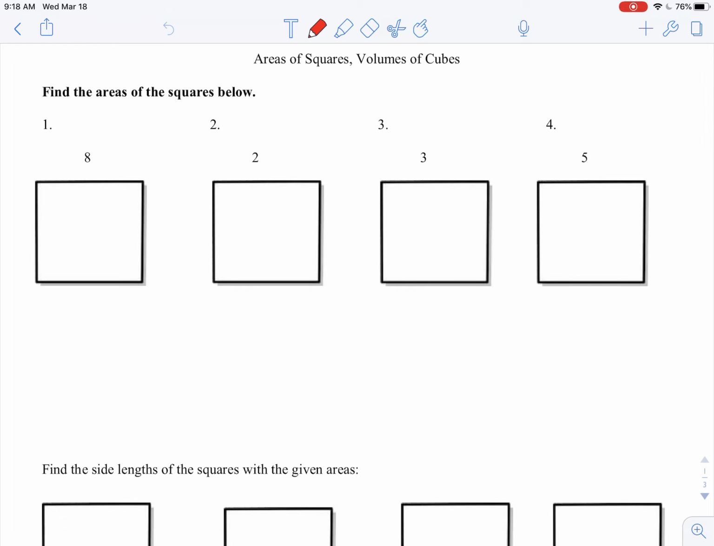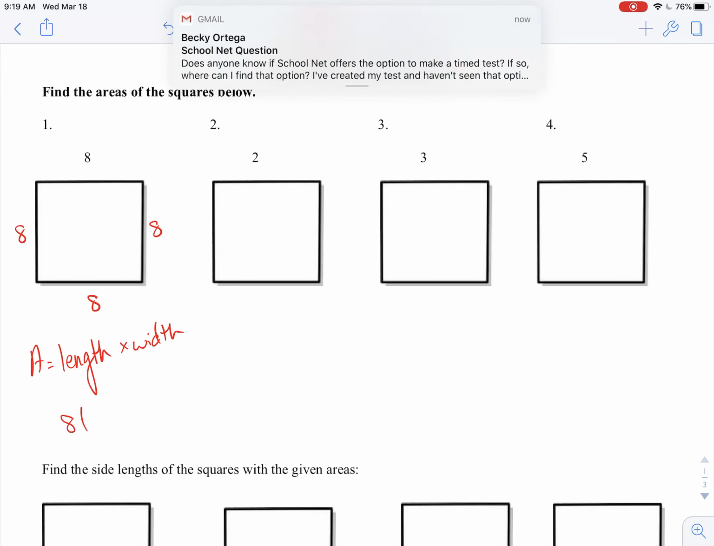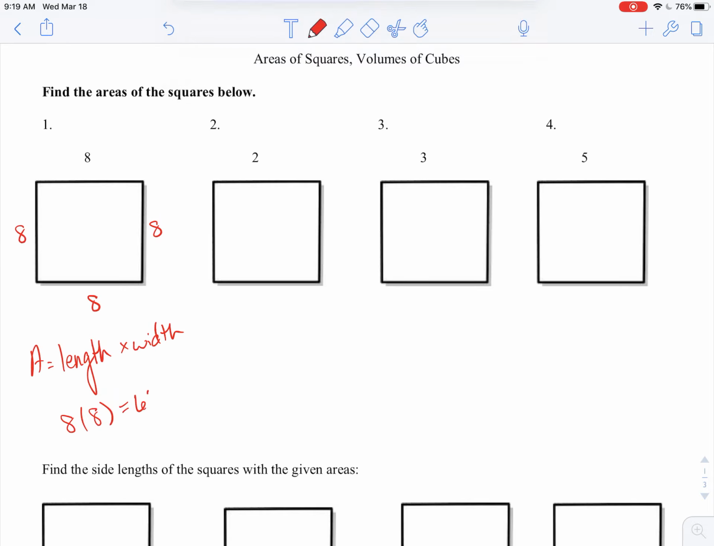Something we've talked about a little bit before in class is that anytime I have a square, I know that all four sides are the same. And to find the area of a rectangle or a square, I can take the length times the width. But here I've just got 8 and 8. So length times width is going to end up being 8 times 8, which is